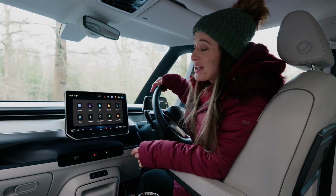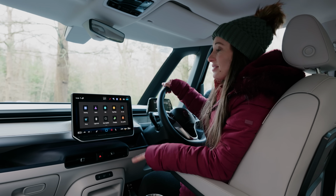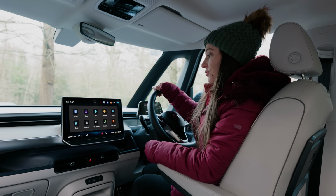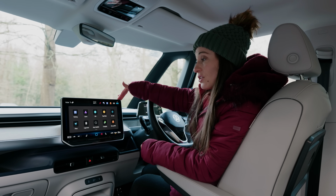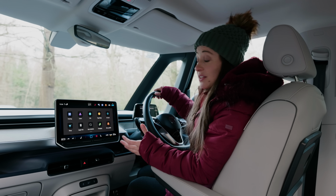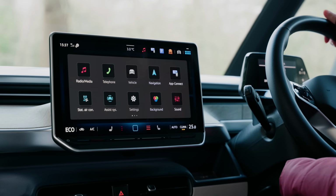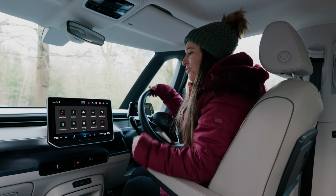Now, earlier on, we mentioned that the long wheelbase gets an improved infotainment system, as does the regular Volkswagen ID Buzz from 2024 onwards. And what you get is a 12.9-inch screen instead of a 12-inch screen. It isn't just the 0.9 inches that is the story here, it's the actual system itself. It's got large icons, a logical layout, easy to use, shortcut buttons at the top, crisper graphics, and a faster